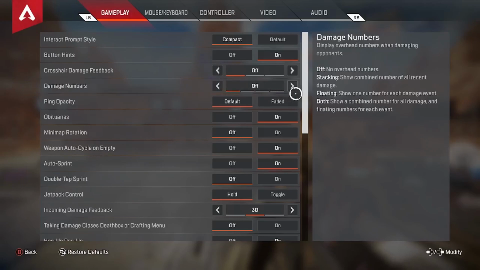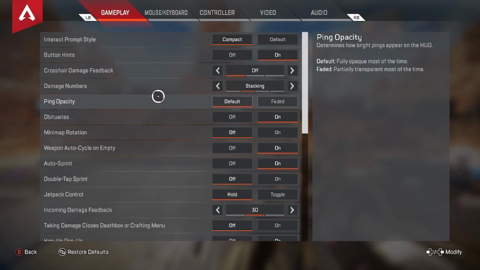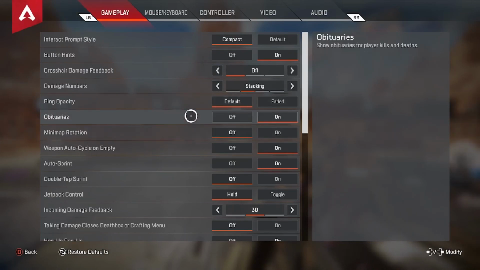I don't know why you'd ever have this set to off. You want this set on for callouts. Ping opacity default, don't mess with that. Obituaries on because it shows you who's getting kills and everything, so when you're running up on a fight, you'll be able to see